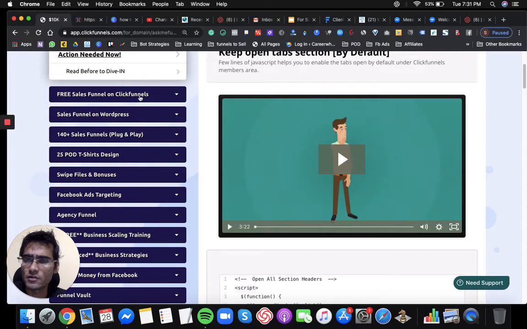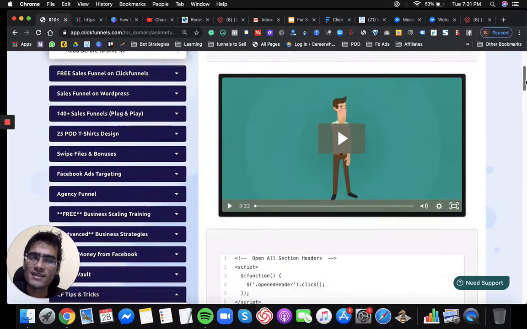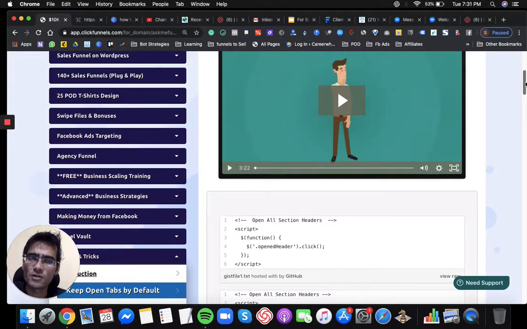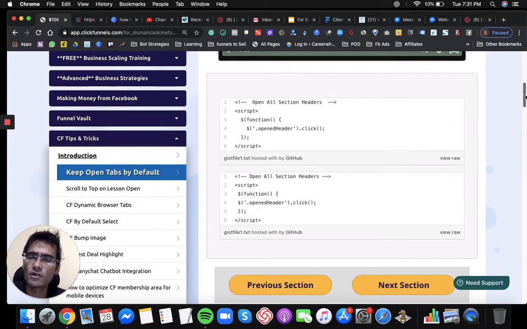All right, so you can see that by default all the tabs are right now completely closed. But if you have a small number of tabs inside your membership area, we recommend you have open tabs by default. Since this feature is not available by default on ClickFunnels, but you may have that for